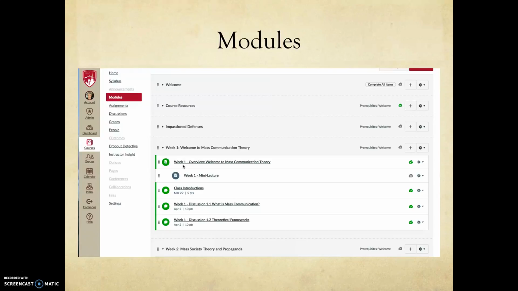After the overview page, you'll find discussion questions. Your first discussion posts each week are due on Wednesday night at midnight. I highly encourage you to post as early in the week and as many times throughout the week as possible. It becomes incredibly challenging to keep up with your classmates and engage thoughtfully and meaningfully, as I expect you will, if you procrastinate on the discussion boards.